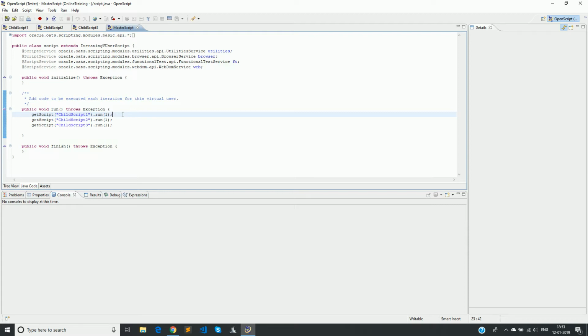So in order to do this, what we are going to do is we will first create a global variable with the help of getVariables.set API of OATS, and then in child script 1 we will update the value of this global variable to either true or false, and based on this value we will see if child 2 and child 3 scripts can be executed or not.